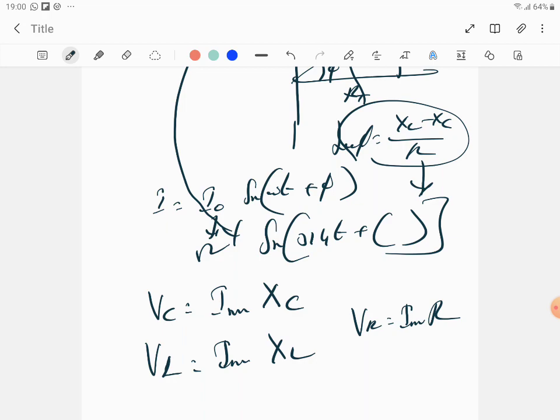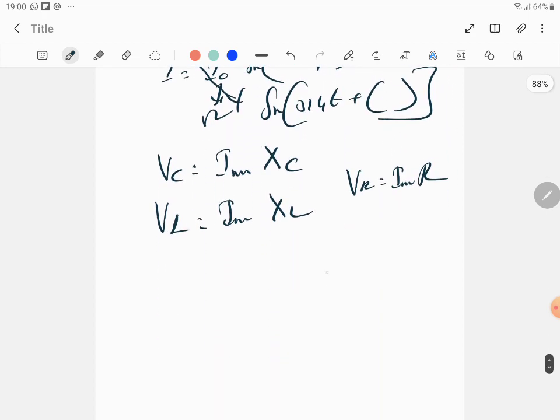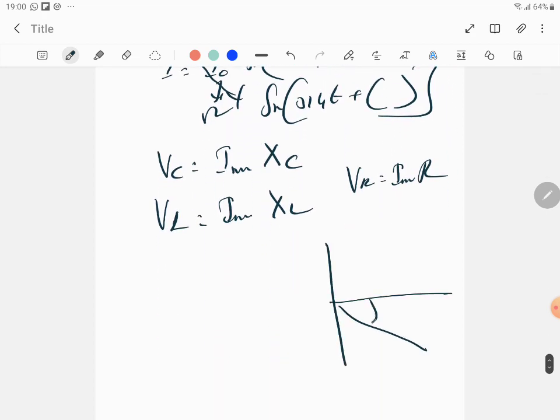Here, when you calculate, incidentally, X_C will be greater than X_L. So therefore, the graph will not be like this. It will be in the third quadrant, and this will be your tan phi, because X_C is greater than X_L, and so the resultant voltage will be X_C minus X_L in this direction. So you understood? Yes, so this is the phasor diagram that you need to draw.